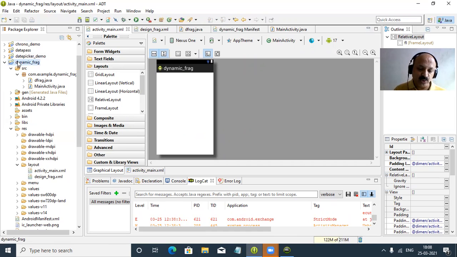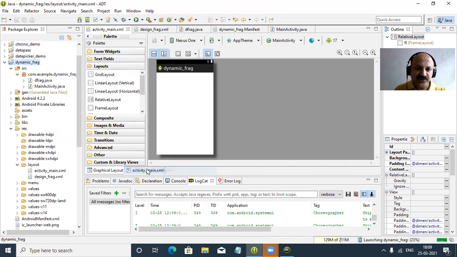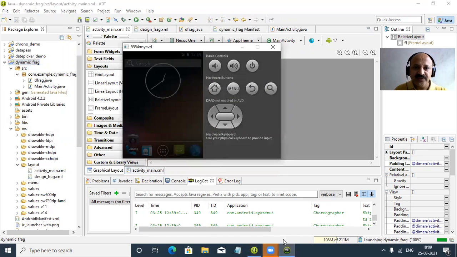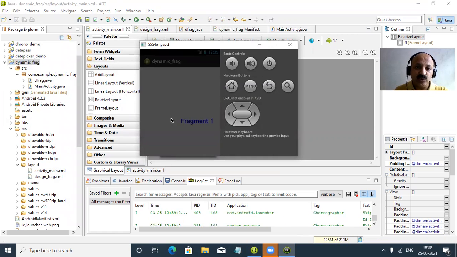So now we can run our app, the dynamic fragment. There are three steps. I first run this file for the app. So yes, that is run, and let us check. Our device is ready. So that is the three steps. After completing we can run our app, and then I summarize only these three steps. Very easy, we can create it as dynamic and static. First I took the static way, now I take the dynamic way. So you can look now.